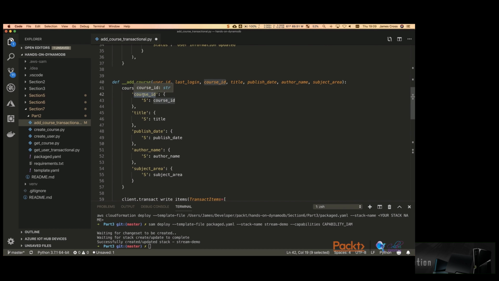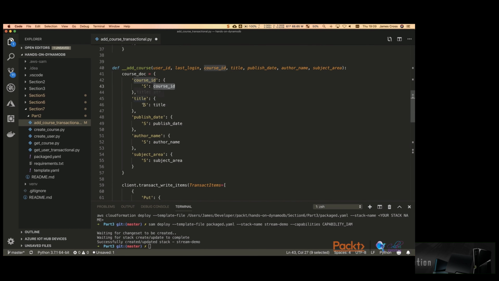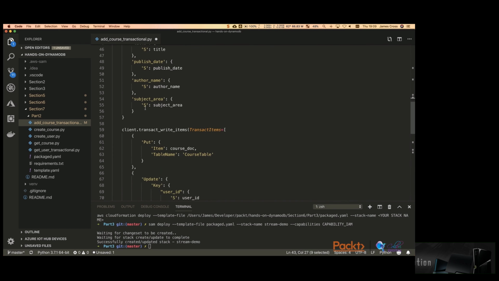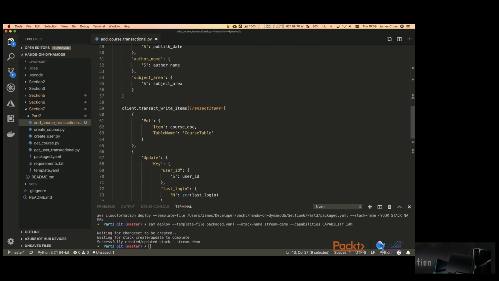So what this means is the course ID is of type string and the value is course ID, the title is a string, course ID, and so on. So the S means a string. You can also have number, you can have list, Boolean, date, and so on. And this is where it gets a little bit complicated. So what we're doing is we're saying